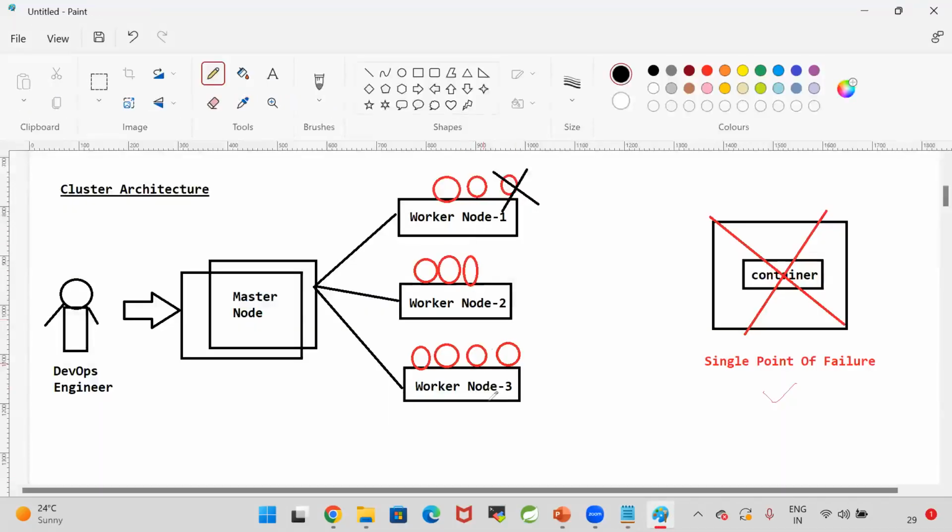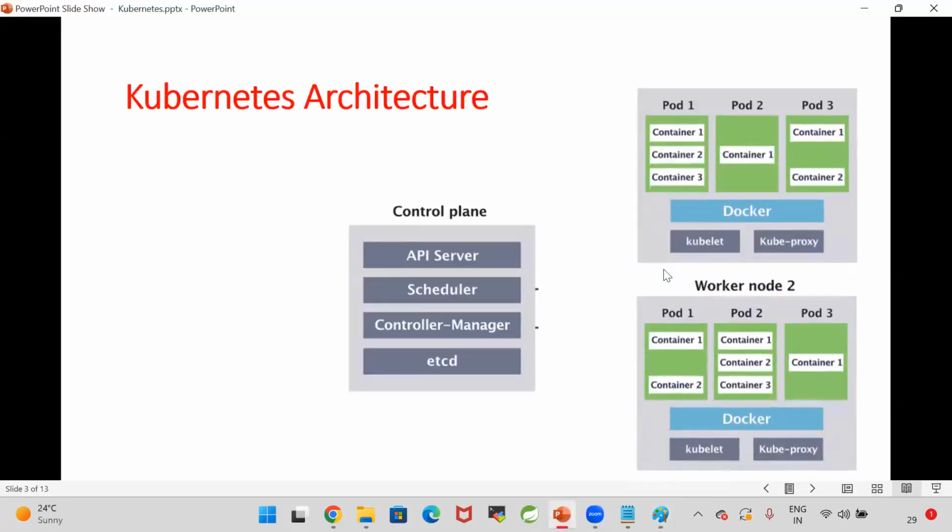So there are 3 worker nodes available. I asked to deploy a MySQL container. So where should that MySQL container be created? It should be created in the first worker node or second worker node or third worker node. Where your database container should be created, that information will be identified by the scheduler. How will the scheduler identify? The scheduler is going to talk to the worker node agent.